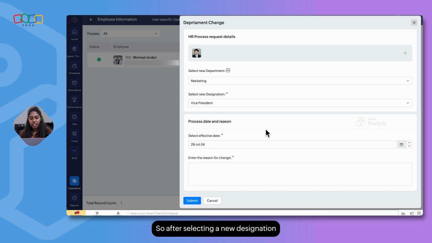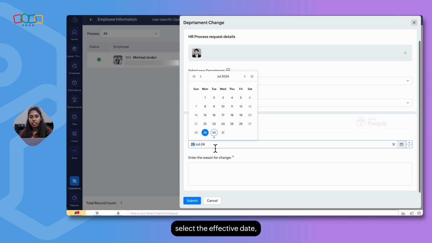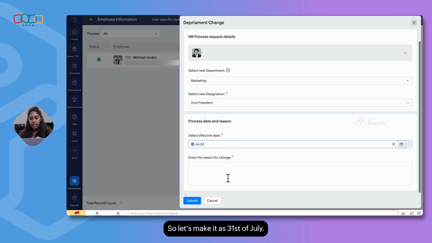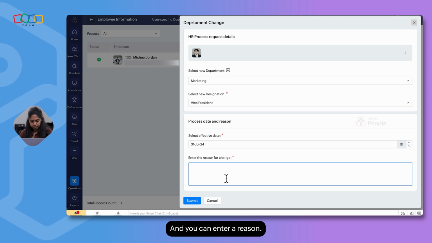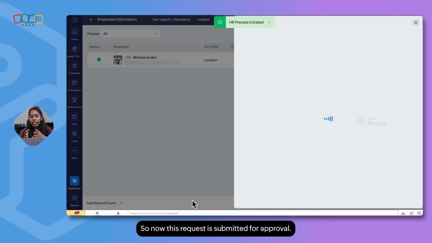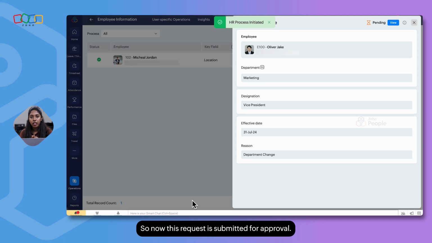So after selecting a new designation, select the effective date, like from when these changes will be effective in the system. So let's make it 31st of July, and you can enter a reason. Once all this information is updated, click on submit. So now this request is submitted for approval.